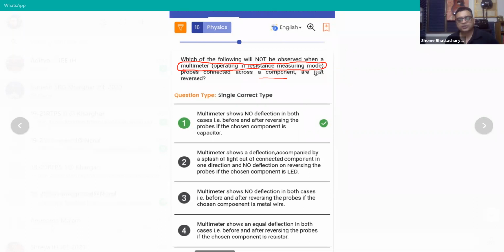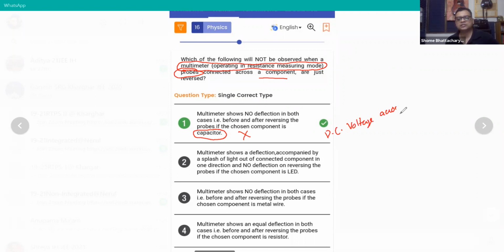So here what is happening is, when you connect the multimeter across a device to measure the current, you reverse the polarity of the probes, so you're reversing the polarity of the DC voltage. So if the multimeter shows no deflection in both cases, before and after reversing, if the chosen component is a capacitor, this is not correct. Why? Because when you connect a DC voltage